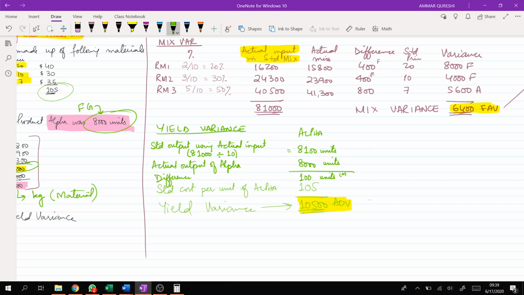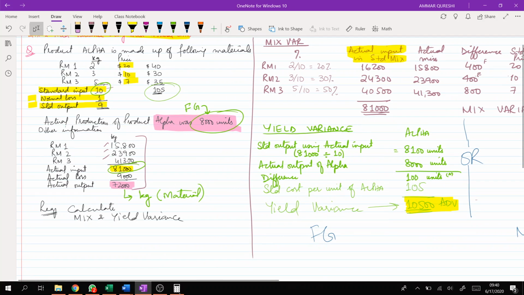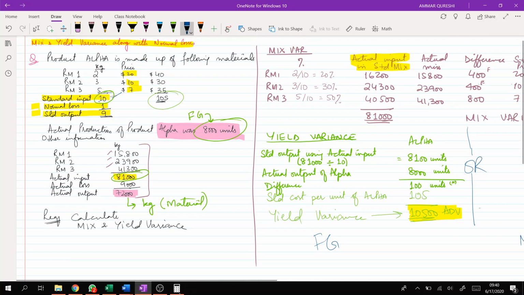There is another way of doing the same question. So let's start with OR. Either you can use finished goods for the yield variance, or you can use material as a yield variance. Now let's try to identify how. I don't know if you remember losses or not, process costing and losses and everything. But see what we are saying. We are saying that whenever we input 10 kilograms of raw material, 1 kilogram will get lost, and we will get 9 kilograms as an output.